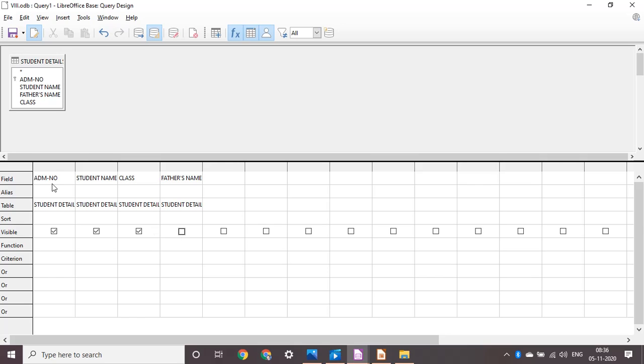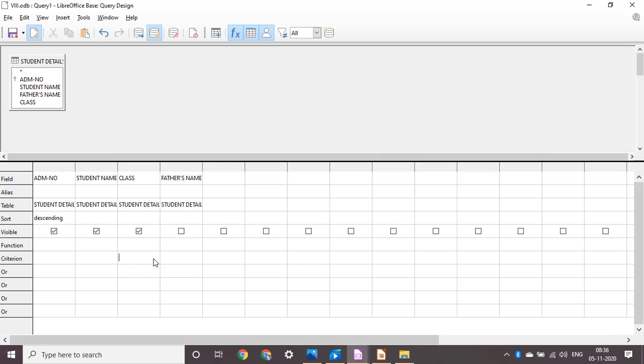Now students, this is admission number, which is under the students detail table, right? I want to display this in, suppose, descending order. So, right now I have to put a criteria.